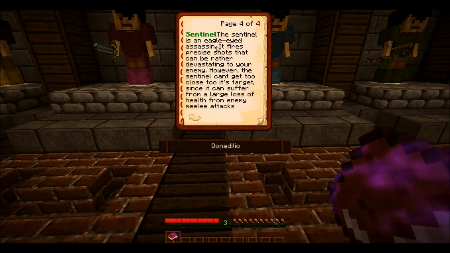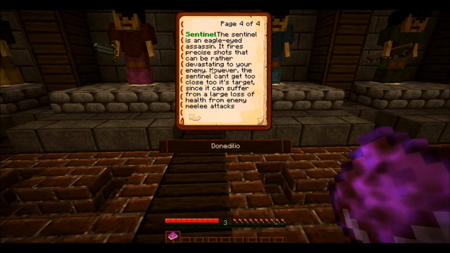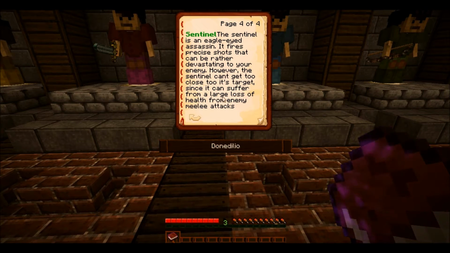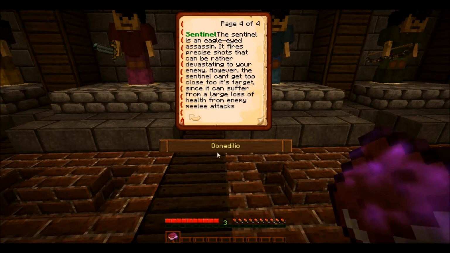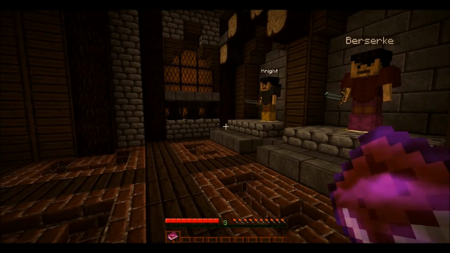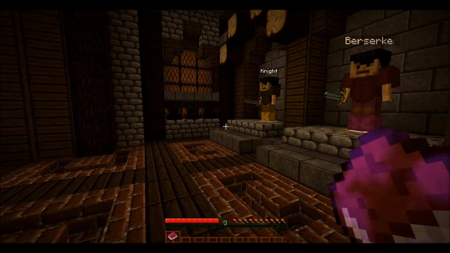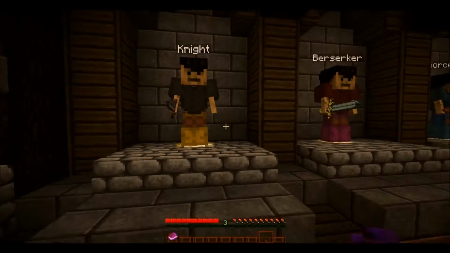The sentinel is an eagle-eyed assassin. It fires precise shots that can be rather devastating to your enemy. However, the sentinel can't get too close to its target since it can suffer from large loss of health from enemy melee attacks. Okay, so I'm gonna show you the basic one, which is the knight first. Just set my mic properly. So yeah, the knight is